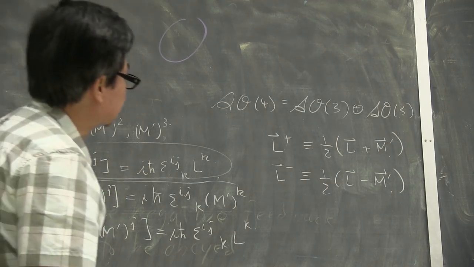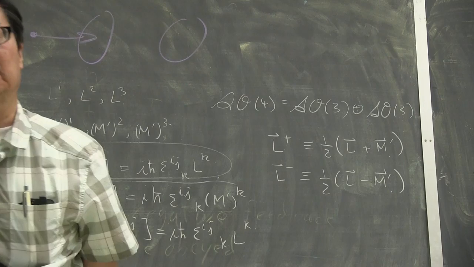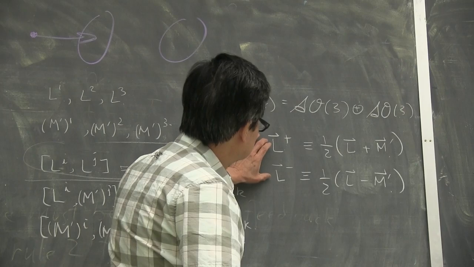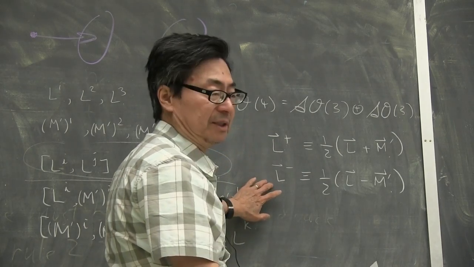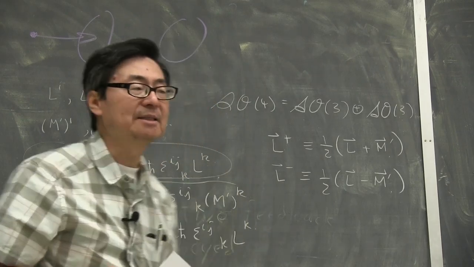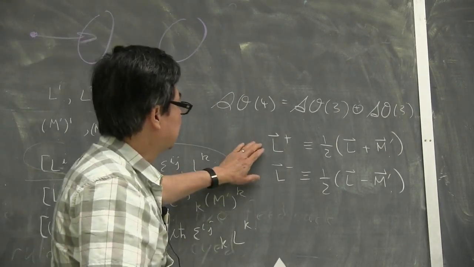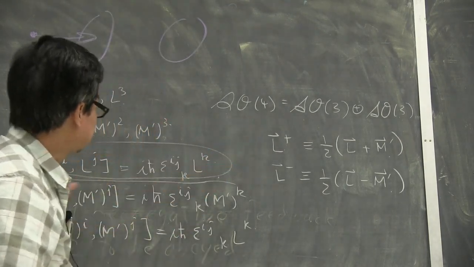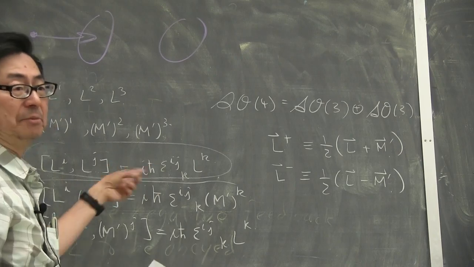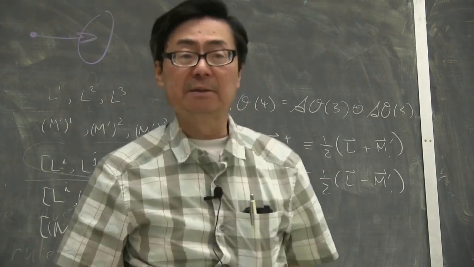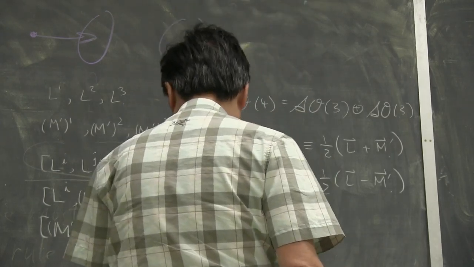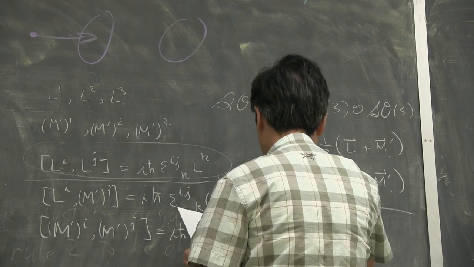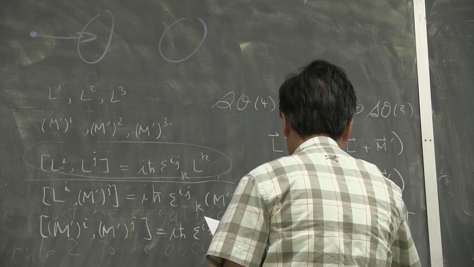And if you define it like this and use these original commutation relations, you're going to find that these always commute with these. The plus guys always commute with the minus guys. That means the commutator between L plus and L minus are always 0. But the L plus components commute among themselves exactly like an ordinary angular momentum algebra. So does the L minus. Okay? In other words, I have the commutation rules like this: L plus or minus i, L plus or minus j